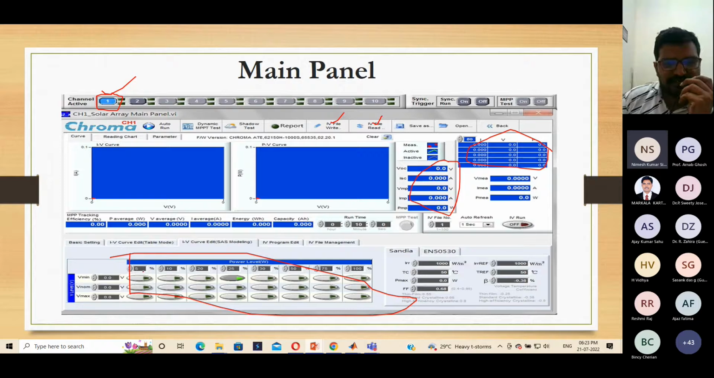If you observe here, this percentage will indicate how much partial shading effect will be there. 100% means, for example, if you want to go for 1000 watts per meter square in a standard way, you will set it to 100%. If you want to go for 750 watts per meter square, then you have to turn on this 75%. Like this, you can perform the partial shading condition. Once you have done everything, you can run this program and you will get the desired PV characteristics